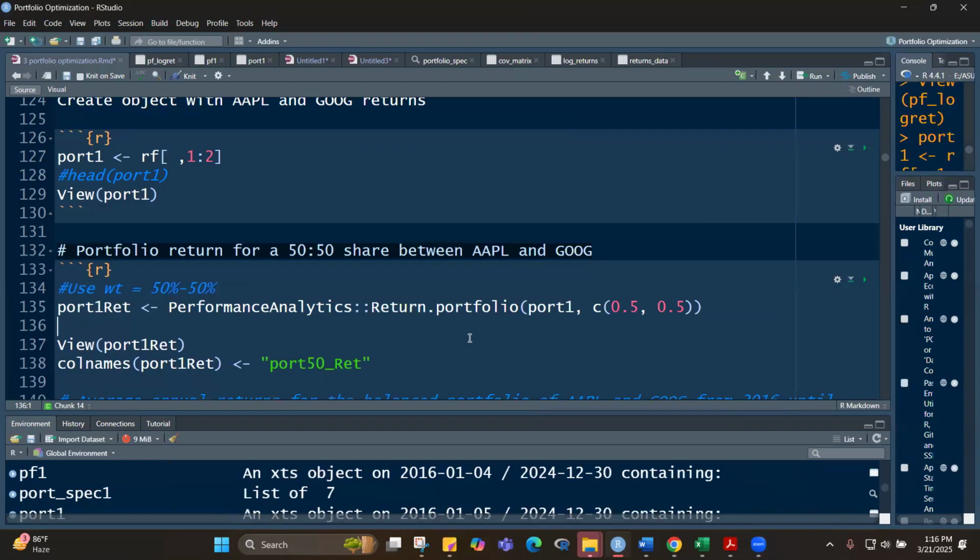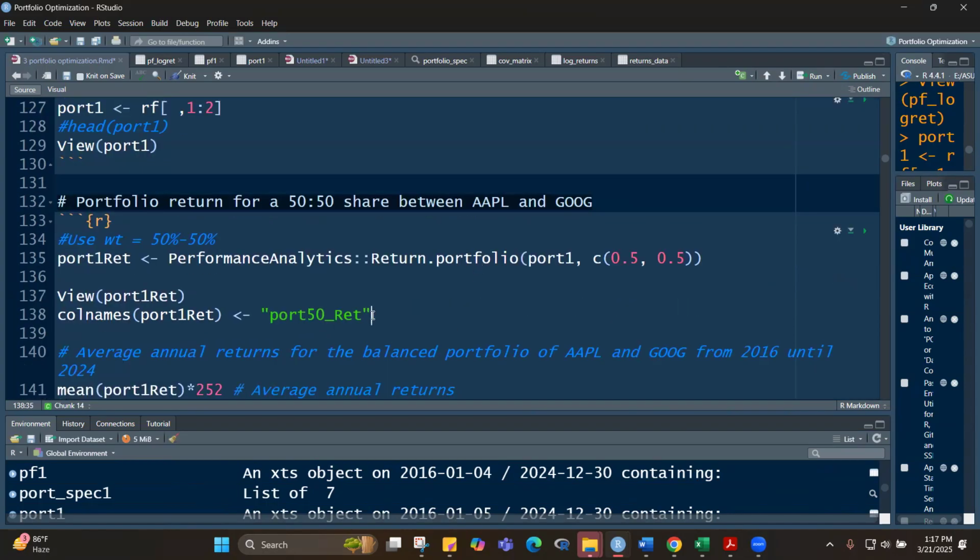If you're using portfolios, you have to go through PerformanceAnalytics and not quantmod, nor the other packages that can only handle individual assets. Here, it's specifically Return.portfolio. We define our object to be port 1, the one that we created above, and we define the weights to be 50-50. When we run this,